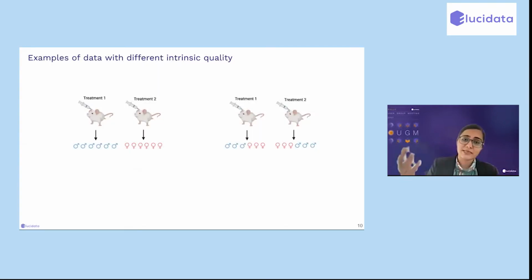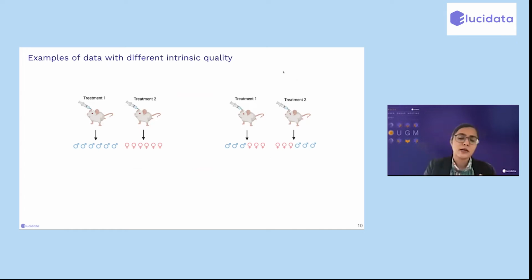Another very simple example, which will appear obvious, is if you do an experiment design like the one on the left, where in treatment 1, all male mice have been used, in treatment arm 2, all female mice have been used, and compare it to another experiment where the genders are equally distributed between the 2 treatment groups. It may be obvious, but if everything else was exactly the same, the data that come out of the experiment on the left will be intrinsically different, will have a different quality than the ones that come out